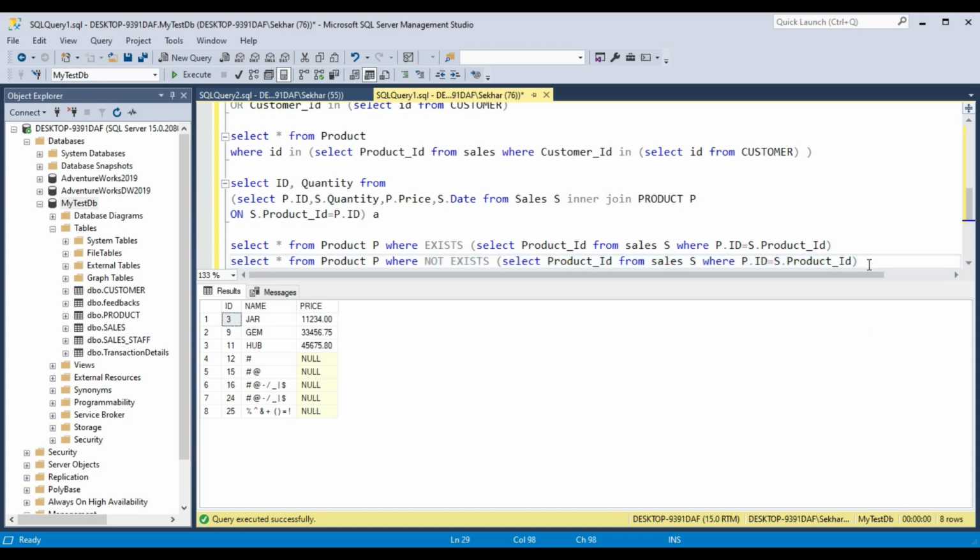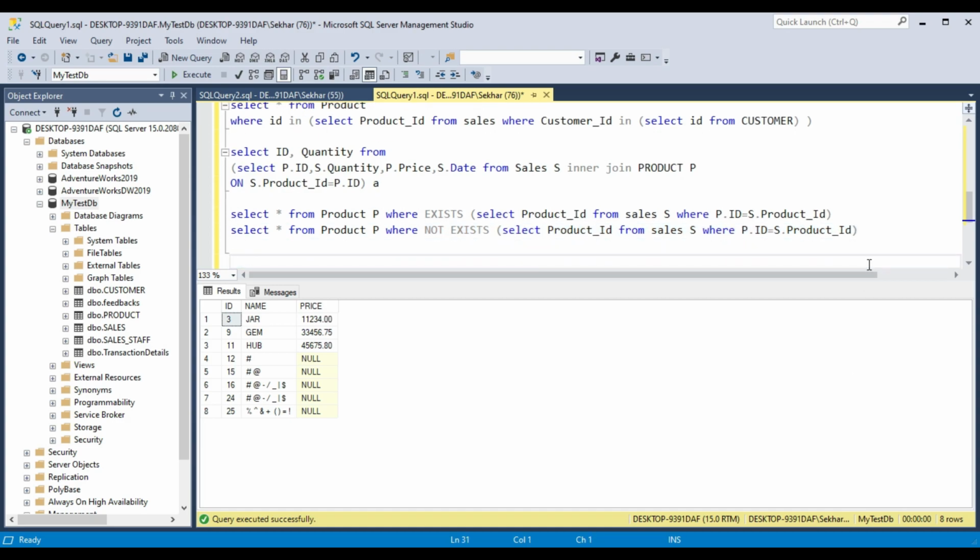This is a bit important for interviews. Most of the time you will get questions like what is a subquery, what is a correlated subquery, and what is the difference between join and subquery. The join videos I have already covered in my previous tutorials. I would request you to go and check out those videos on the variety of joins in SQL. I'll just tell you the difference between join and subquery.